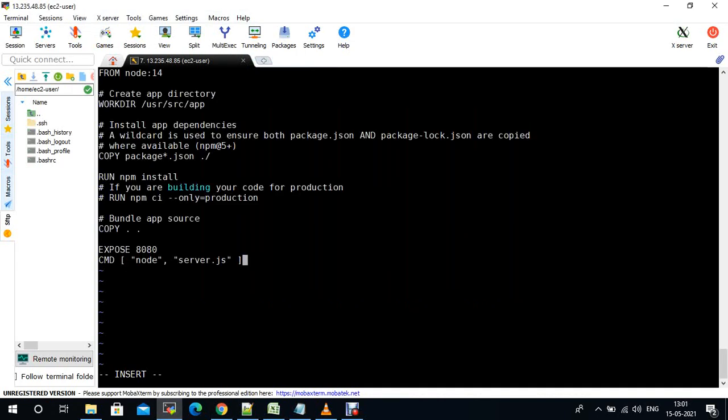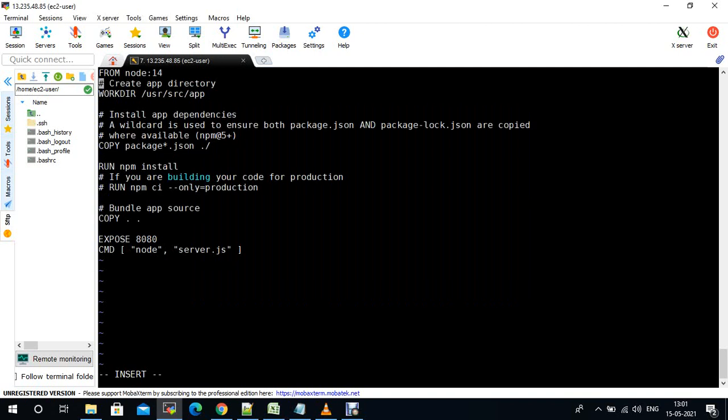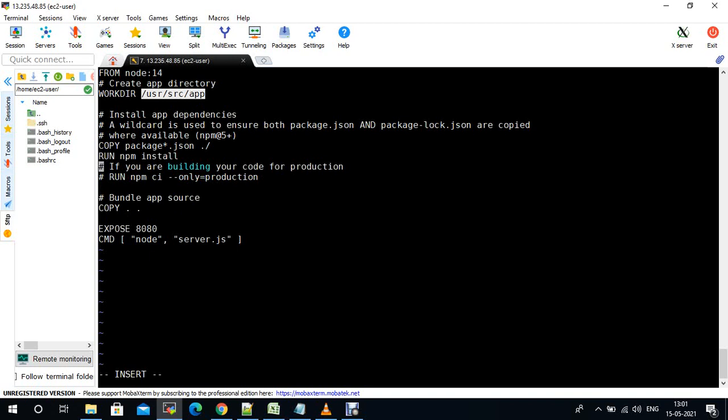So I am taking some base image with the FROM instruction. I'm creating an app directory with WORKDIR. This is the default directory, /usr/src/app, while creating this container. I'm installing the dependencies. I'm copying the package files onto the current root directory, installing npm, and after that copying the rest. I'm exposing the port, and I start running the Node server, however we just run node and the file name. Same, I need to run the same.